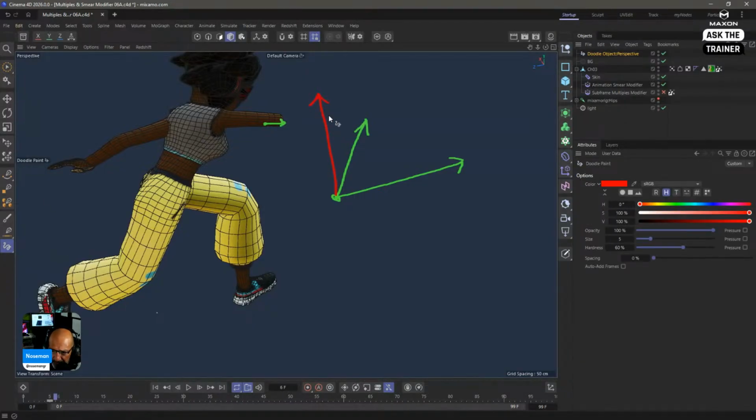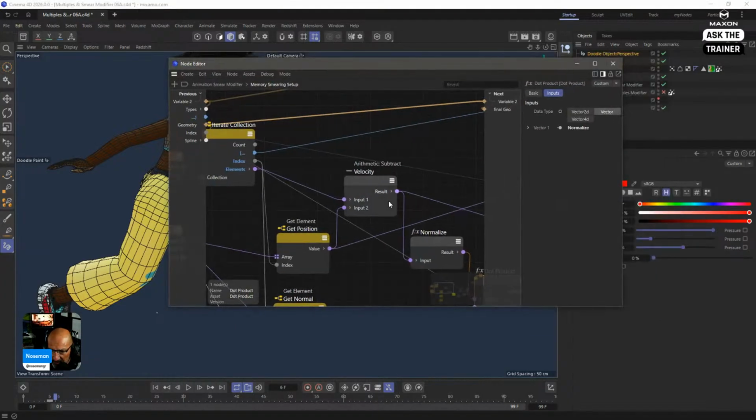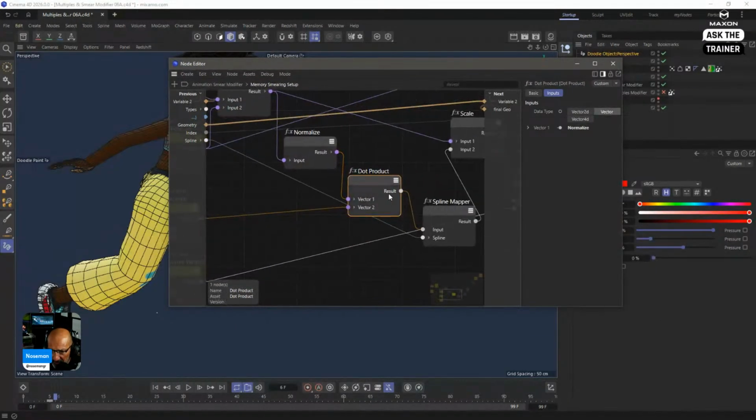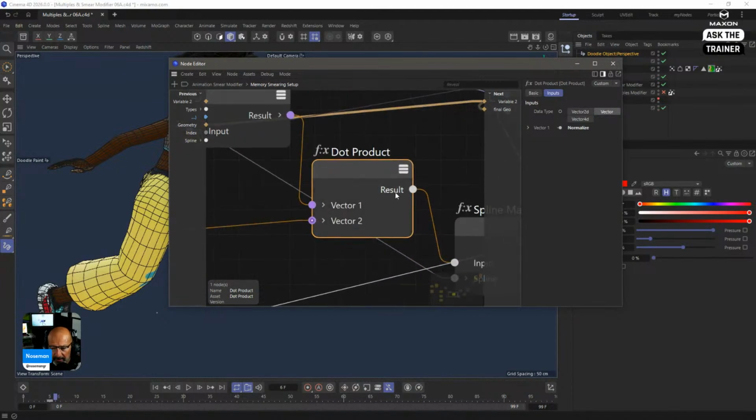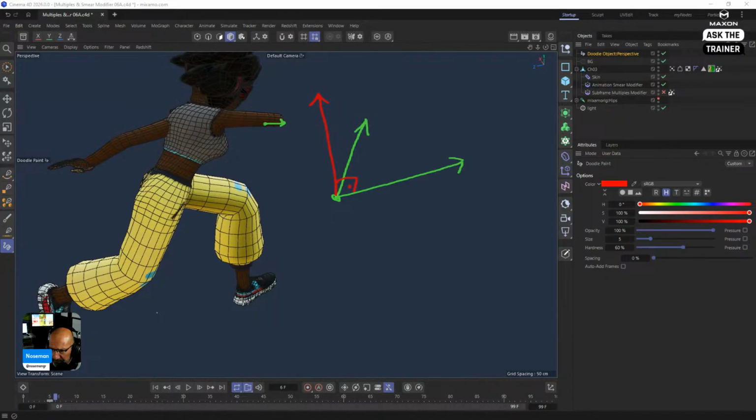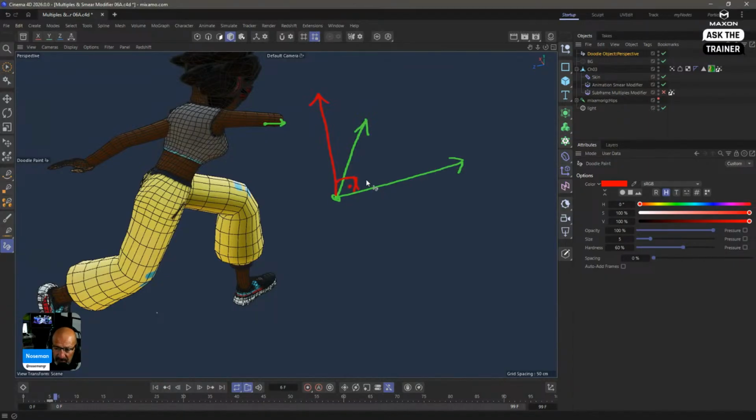If the arrow is 90 degrees, then the result of the dot product, which is just a normal number, a real or float or whatever, it's just a number. If you have up to 90 degrees, the value is 0. If it's more than 90 degrees, the value is negative, whatever. And when it's less than 90 degrees, the value goes from 0 to 1.